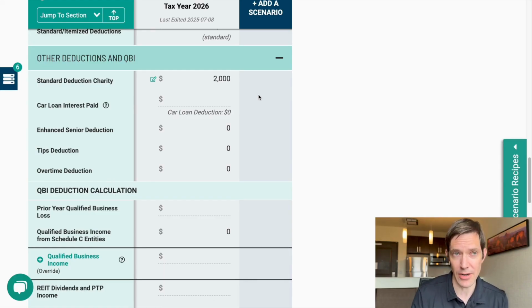I think as a reminder too, you should remind your clients that for property, I think it's $250 when you give property to Goodwill or something like that, Salvation Army, you don't need a receipt up to $250. I could have that wrong. Anyway, the point is, look that up and make sure your client understands that rule, because a lot of people will give away stuff like that, and generally they get the little sheet of paper receipt and throw it away. But now there's actually a real reason to record those donations as well.